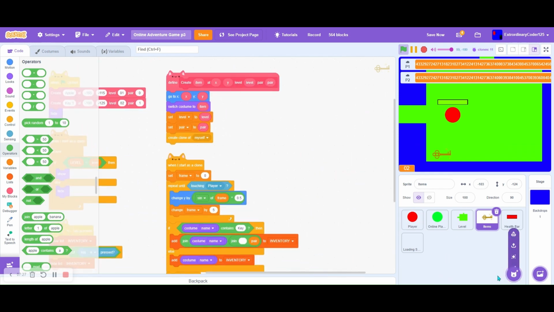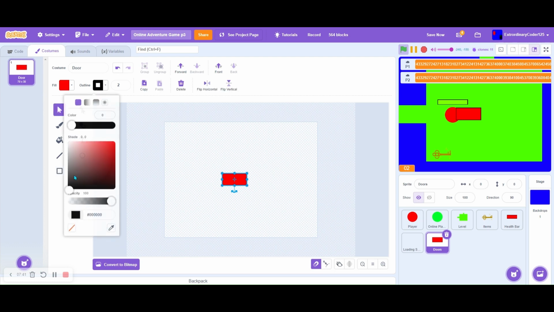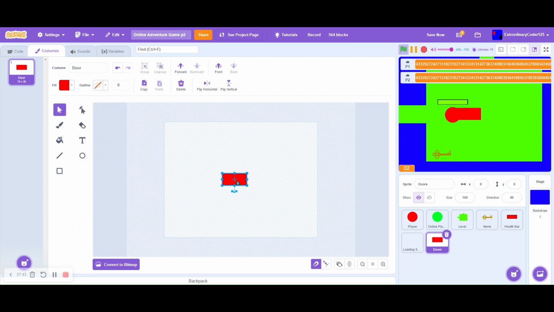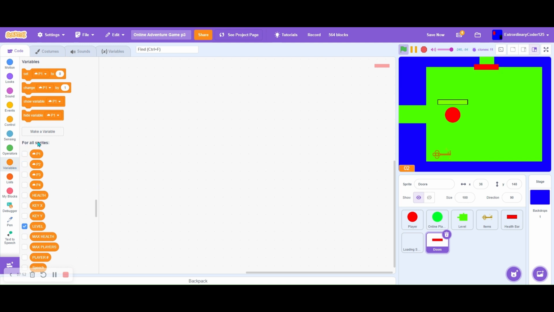So now we have that. Now let's make doors. So let's make a door. It's just gonna be this wide and this tall. There we go. So I'm going to hide these variables. Okay. So now that we have this door,